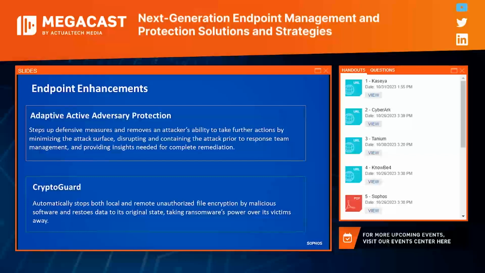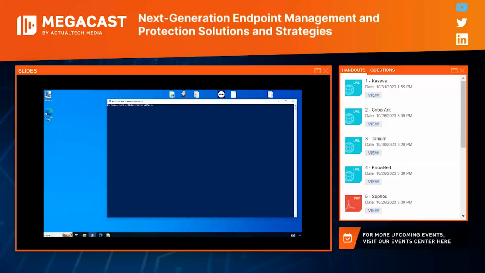Now, I want to walk you through both of these technologies, and in order to do so, I set up some demo information here. In order to highlight the adaptive active adversary protection, I want to step you through a scenario. The scenario is from a context-based perspective: how do we scale up our aggressiveness factor without harming the product in the sense that we have too many false positives?